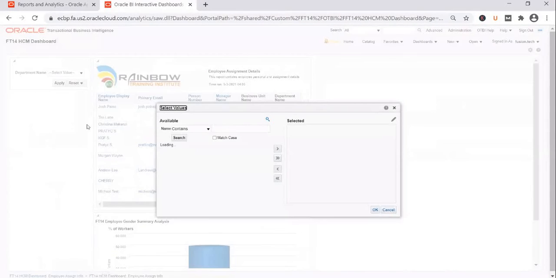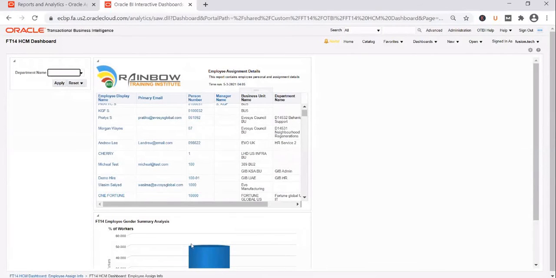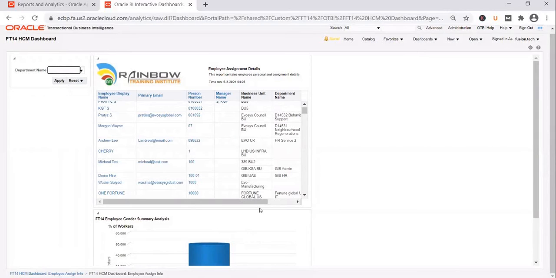So if you do a search now, at the moment you have a dashboard prompt here and you have two reports included. You can include a few more reports here to make it look like a seeded dashboard page that we have seen on the Line Manager dashboard. But usually on a dashboard page, you won't include reports of this sort. You will include only the summary reports. But please be aware that yes, you can also include BIP reports here, not just OTBI reports.